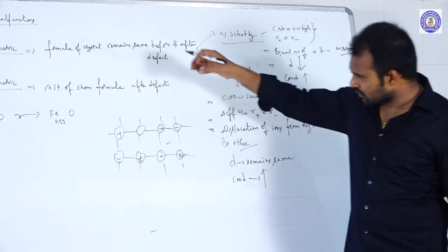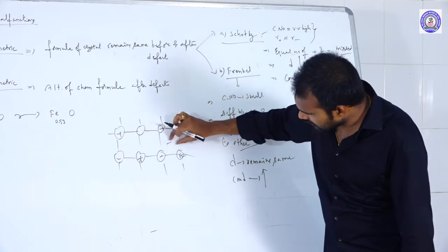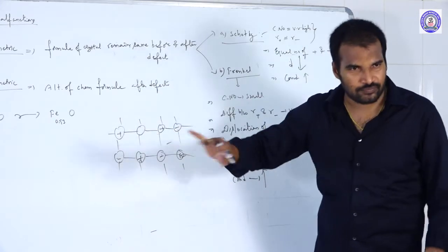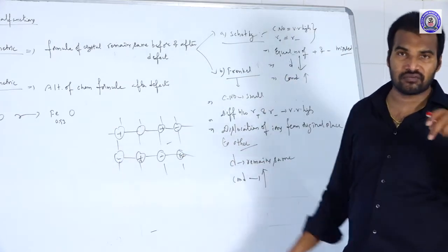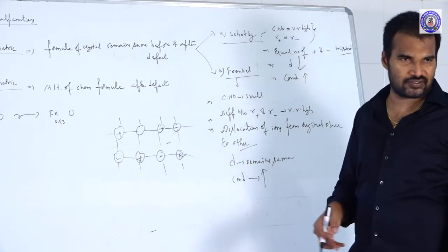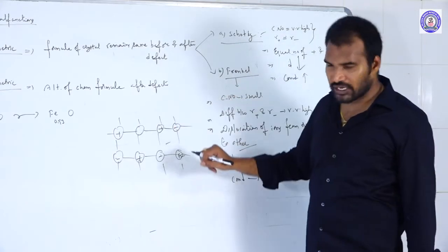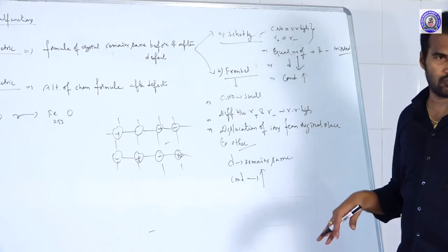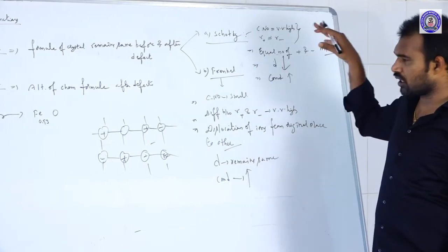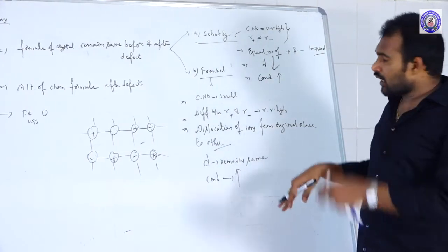What is the reason? The ion moves from here to here. So there are free ions, and here holes are forming. New holes are forming and free ions are produced. Because of that, the conductivity increases. And because of this dislocation, the strength of those solids will decrease somewhat. Okay, so this is about the stoichiometric defects.